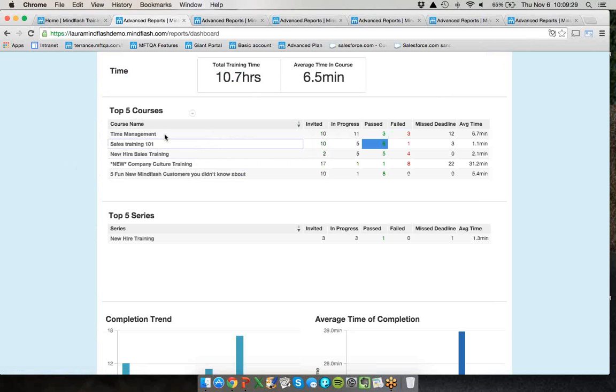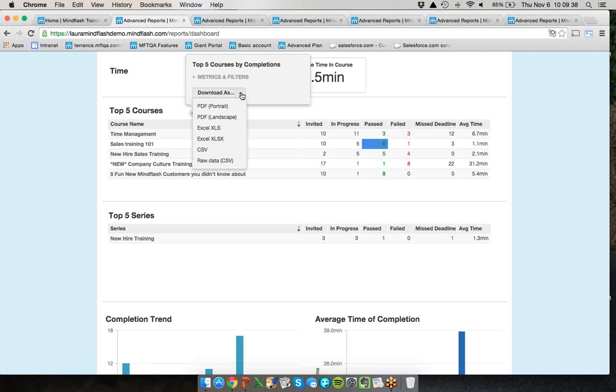As a reminder, you can export all these reports. Every one of these reports will have a little arrow that pops down. You go ahead and click that, and you can select the different formats of how you want to export this. These are great for people who want to email the reports to maybe their manager. Let's say you have a sales team that does sales training on a weekly or monthly basis, and they're